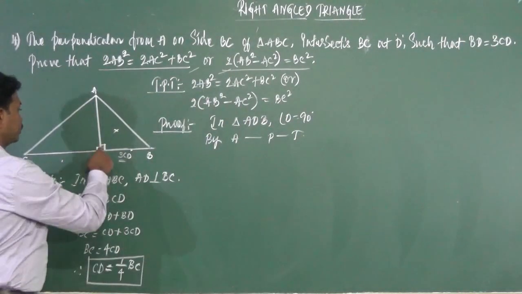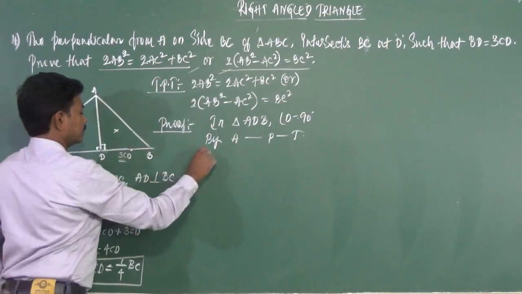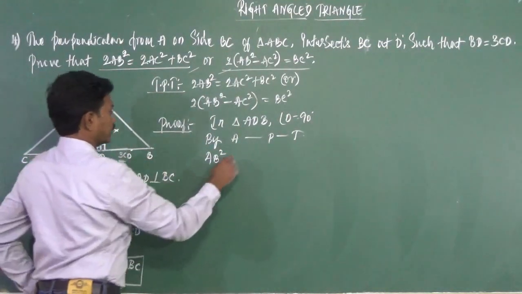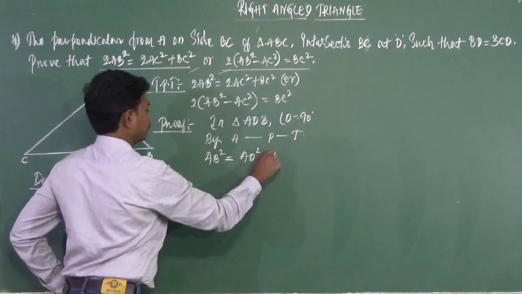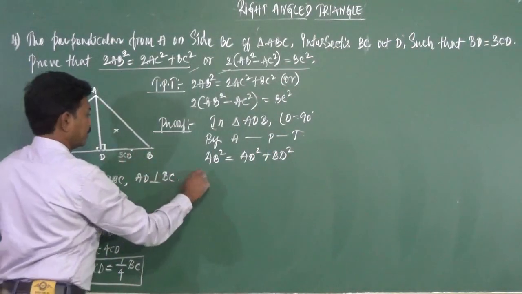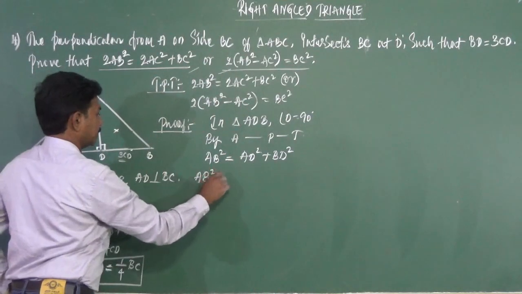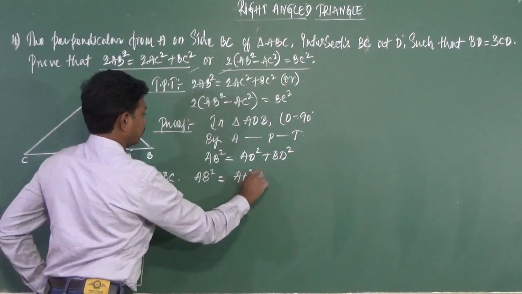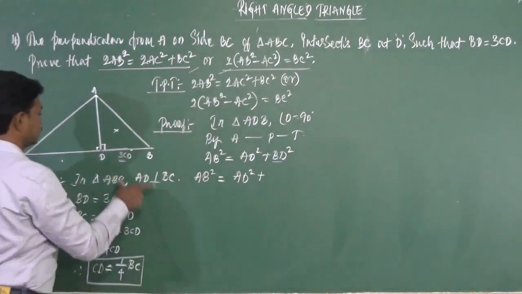So now opposite to the right angle is AB square. So AB square is equal to AD square plus BD square. AB square, let it remain in the same manner. So AB square is equal to AD square, don't touch that, let it be like that, plus BD can be written as